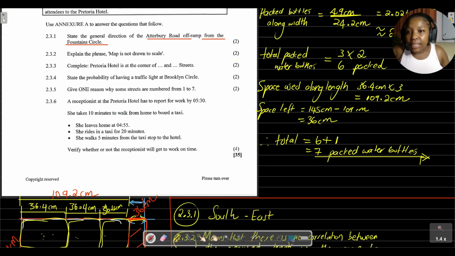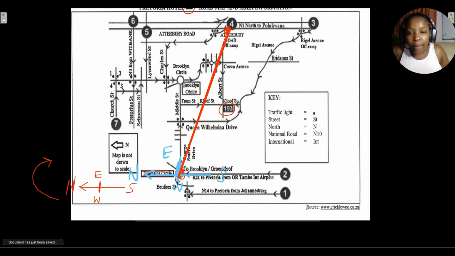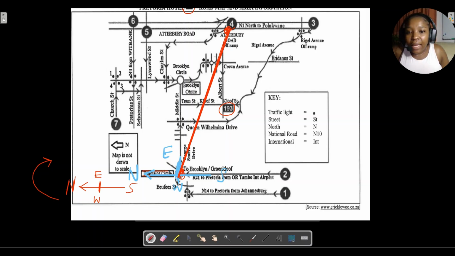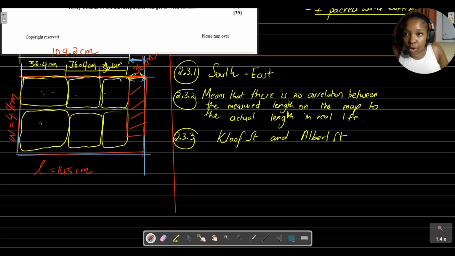2.3.3. Complete. Pretoria Hotel is at the corner of what and what street? So if you have a look at this map, we've already circled where Pretoria Hotel is. So now we need to determine it's at the corner of what and what street. So we can see that it's at the corner of Kloof Street and Albert Street. Do you see there? That's where Pretoria Hotel is. The corner of Kloof and Albert Street. Okay, remember we just want to complete the sentence. So it will be Kloof Street and Albert Street. Good. Question